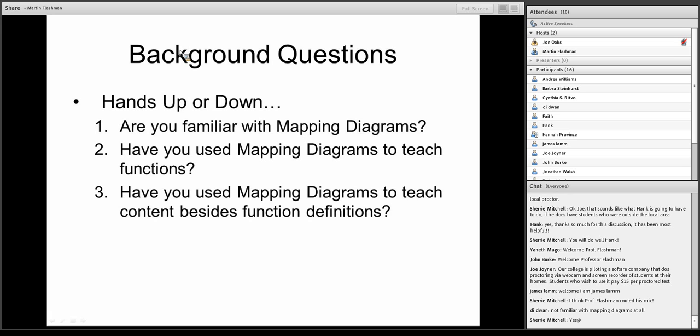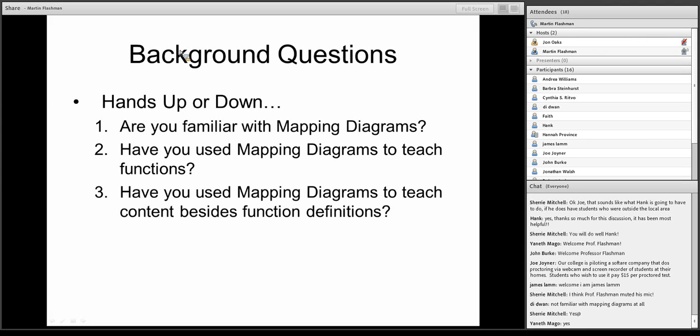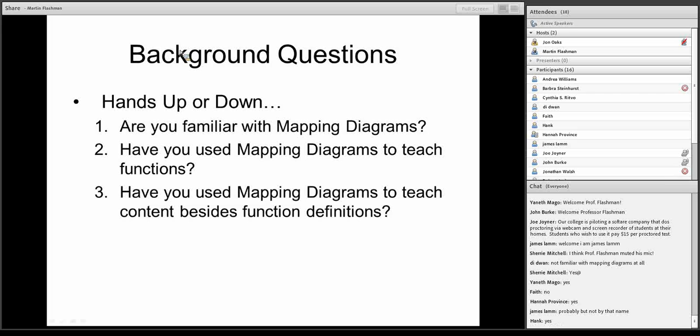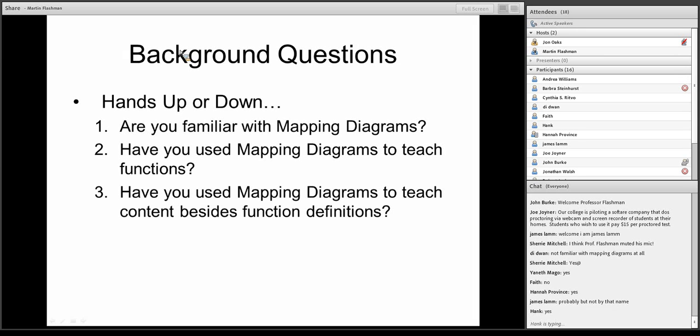First question is hands up or down. Are you familiar with mapping diagrams at all? How many people here are familiar with them? Lots of yeses. Okay, so of everybody there, we've got about 5 or 6. Well, okay, so I'm going to skip the next two because it doesn't look like there's a lot that are familiar with it, and we'll just go on to the next slide,